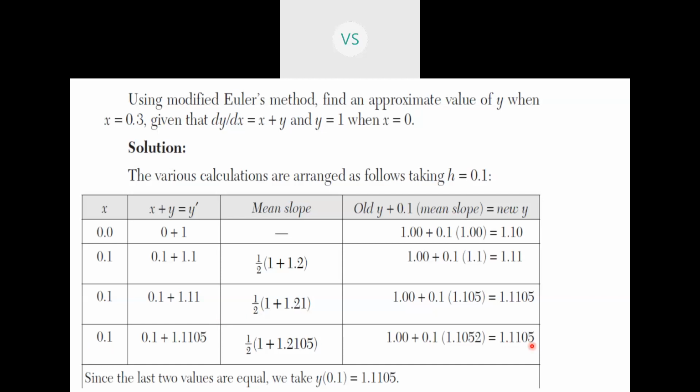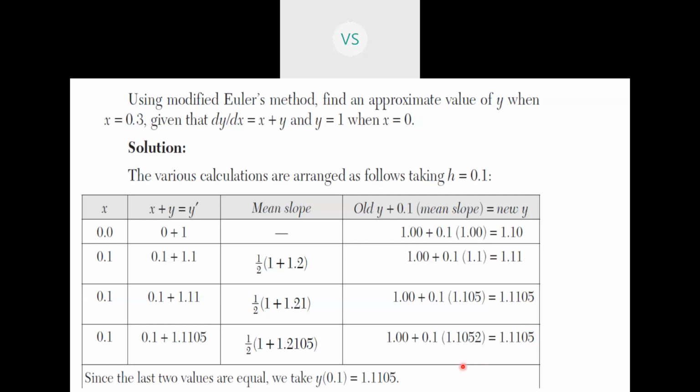We will consider an accuracy criteria over here, that the values are correct up to 4 decimal places. Means you can see this is y13, this is y12. So y13 minus y12, what are you getting? After the decimal you are getting 1 minus 1 is 0, 1 minus 1 is 0, 0 minus 0 is 0, 5 minus 5 is 0. So it is correct up to 4 decimal places. They have not given the criteria, so we will consider this criteria over here.